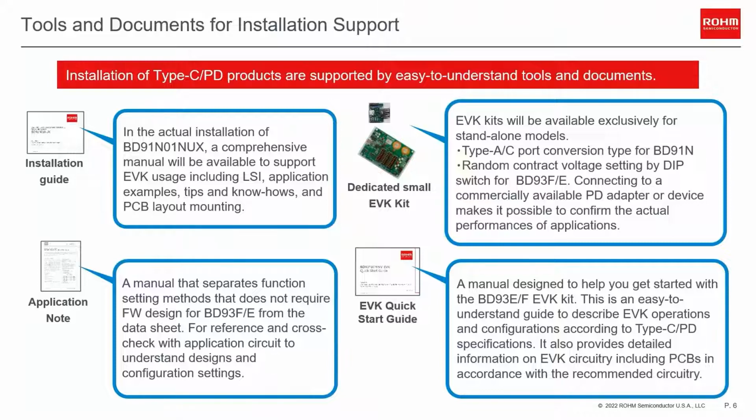Each product that is represented here not only has a data sheet, but each of them also has other supporting tools and documents. For example, installation guides, application notes, evaluation boards or kits, as well as the associated quick start guides are available on their respective websites. These are provided to further ease the design and development cycle for end customers. The next few slides will explain about ROHM's